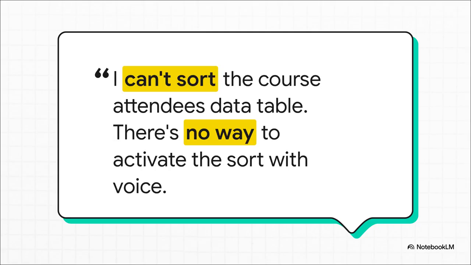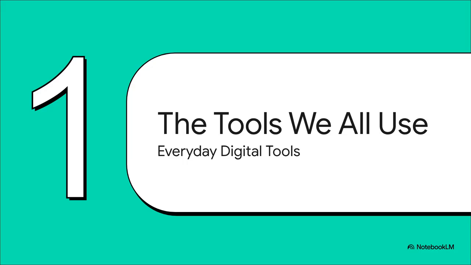Or think about Arun. He's a school administrator, and because of a spinal cord injury, he uses his voice to control his computer. A super basic task, like sorting a list of students in the school's online system, is completely impossible for him. Why? Because the little sort button doesn't respond to a voice command. What's just a simple click for most people is a complete impossibility for him. Think about that.